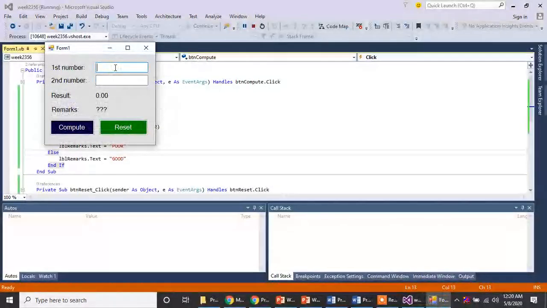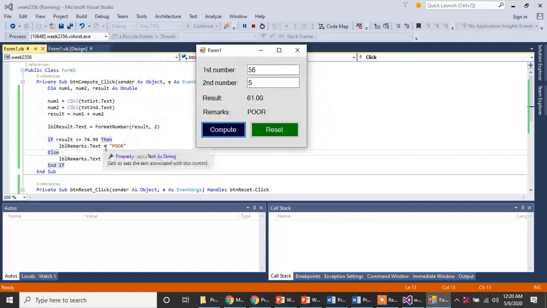Okay, and then you type any number. Click compute. So you have 4. Since 61 is the result, that means 61 is less than 74.99. Okay, then click reset. Another one. So good. Okay, so that's the